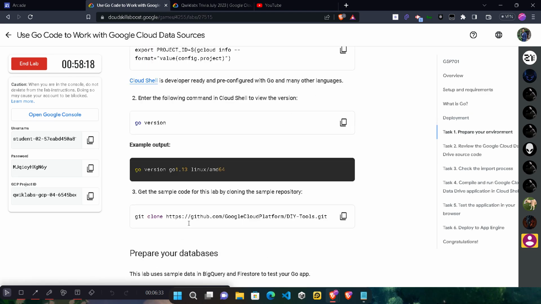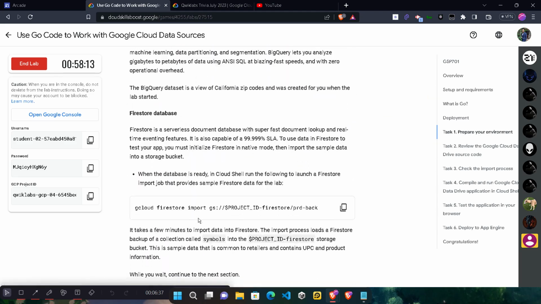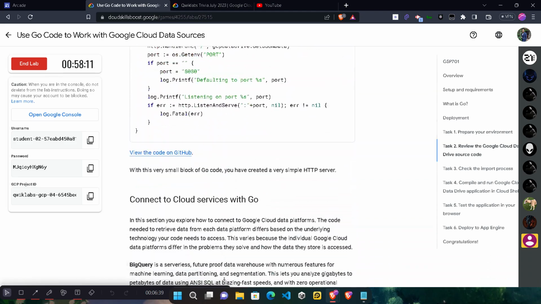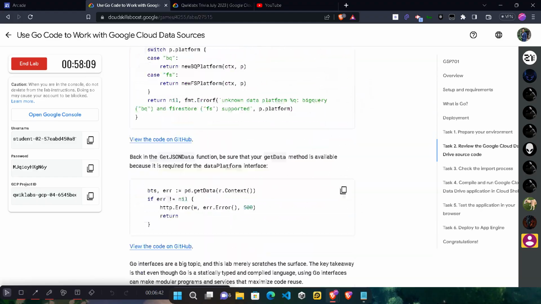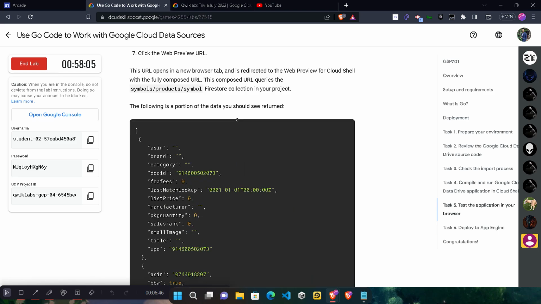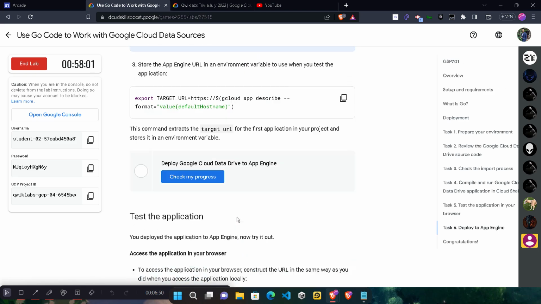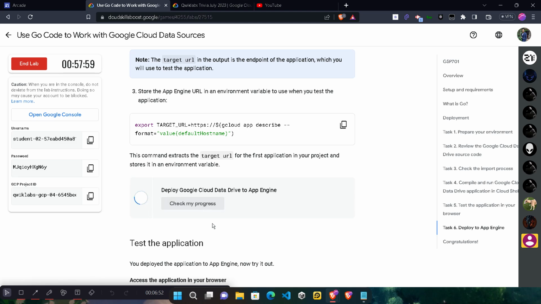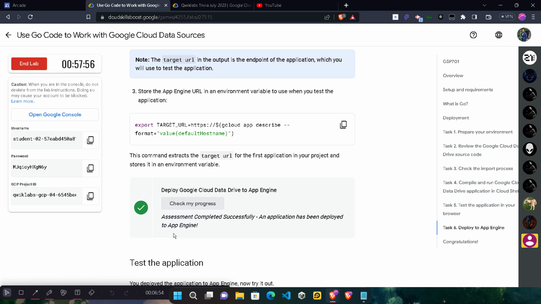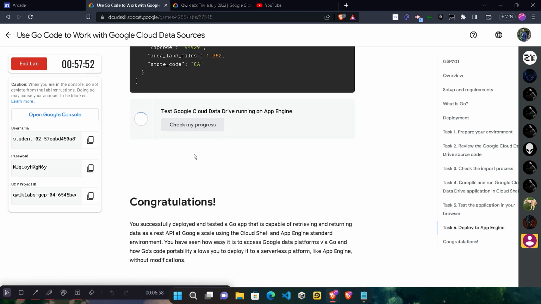Keep scrolling. Okay, so we don't have any check my progress for task number 1, 2 or 3. So simply scroll down. Once we will cross check that no check my progress is remaining. Scroll down, keep scrolling and let me check for this task number 6. Yes, here is the check my progress in task number 6. Click on the check my progress and you will get the green tick for this one also. Scroll down, keep scrolling, click on the check my progress and this is the last one. Okay, and I am sure you will get the green tick for this one also.